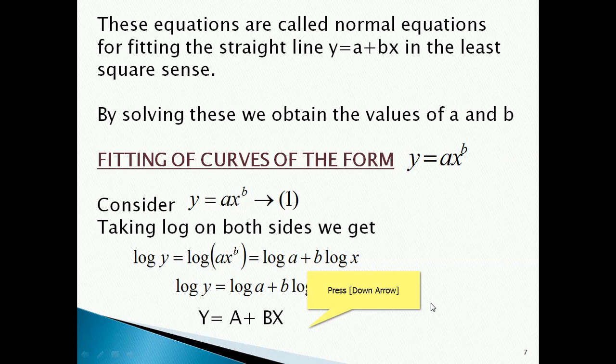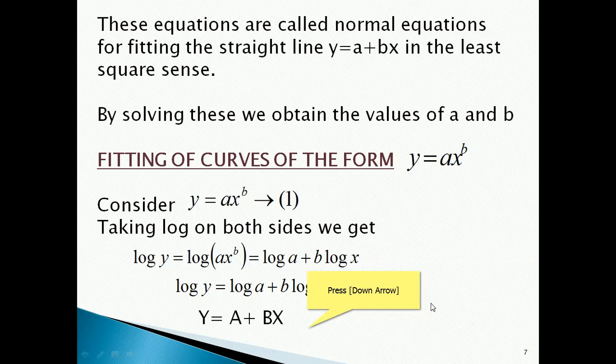This is the method of fitting a straight line y is equal to a plus bx for the given data, and it is very easy to remember the normal equations. We need to fit a straight line y is equal to a plus bx. To write its normal equations, take the summation on both sides. Sigma y equal to sigma a, which is nothing but n into a plus b into sigma x. That is the first normal equation. Again, multiply throughout by the independent variable x, then take the summation of xy.